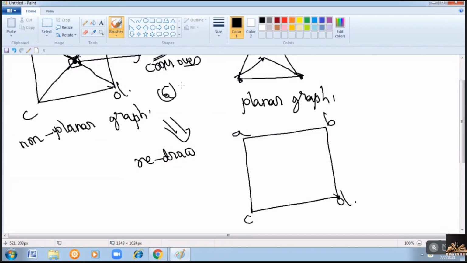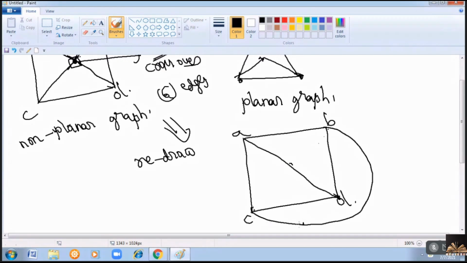So how many edges do we have? 6 edges we are having here, right? One edge is from A to D. And now, when you draw this edge from B to C, here you will have a crossover. That is the reason I can redraw the edge B to C in this manner, instead of from here to here. So now when you observe this, do we have any crossovers? There are no edge crossings.